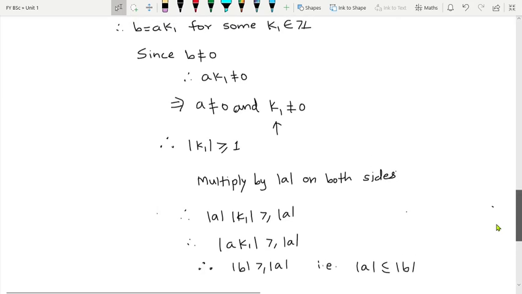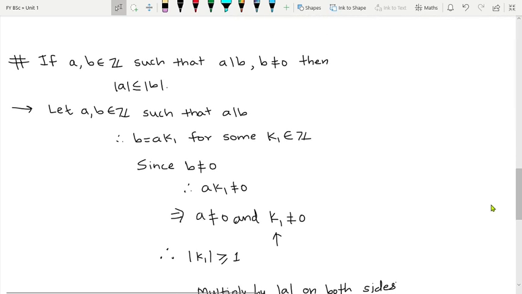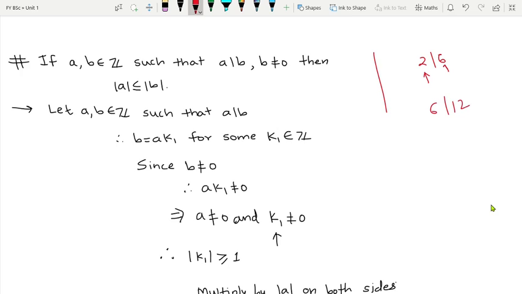Now what is the logic behind it? Try to understand this property. We have proved it, but what is the meaning? The meaning is, the modulus of the number by which we divide is always smaller. I mean, 2 divides 6, you can see this 2 is always less than this 6. Now 6 is dividing 12, so 6 is less than 12. OK, so the modulus of the number by which we divide is always smaller than what? Than the number which we are dividing. The divisor is always smaller than the one being divided. So this is the meaning of this property.